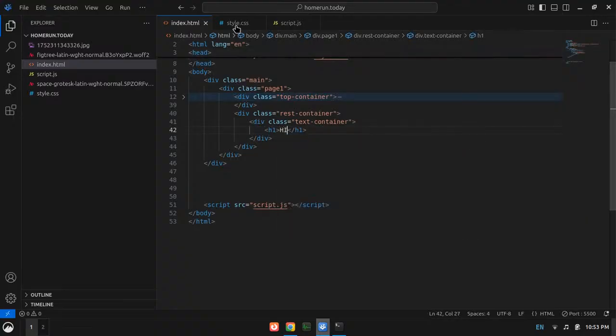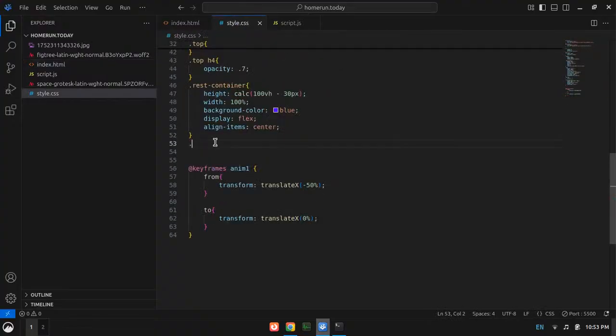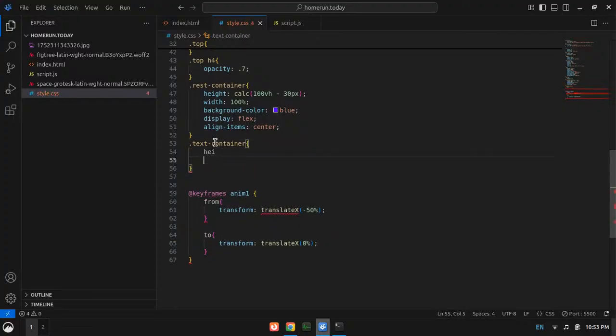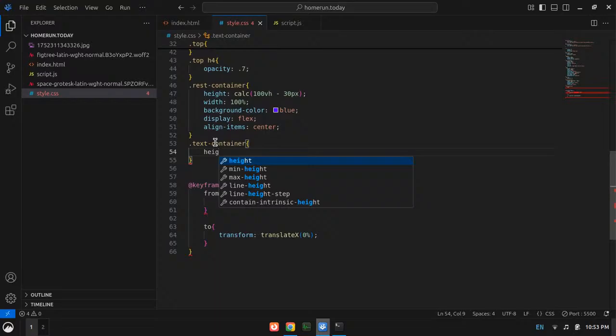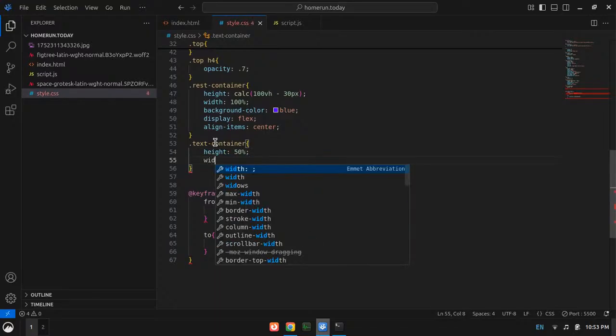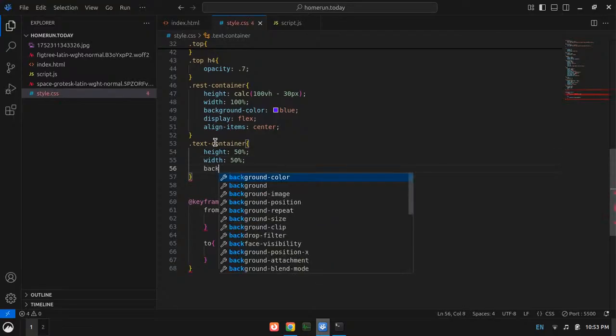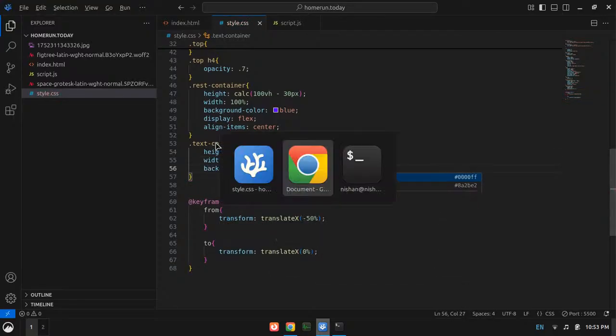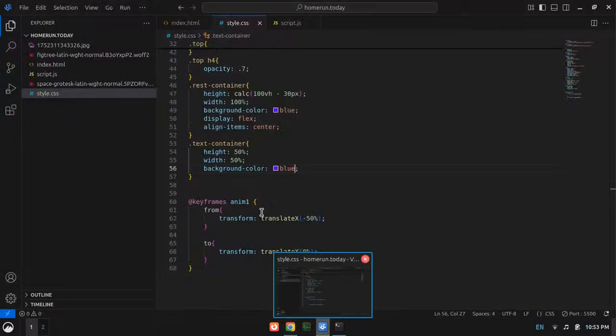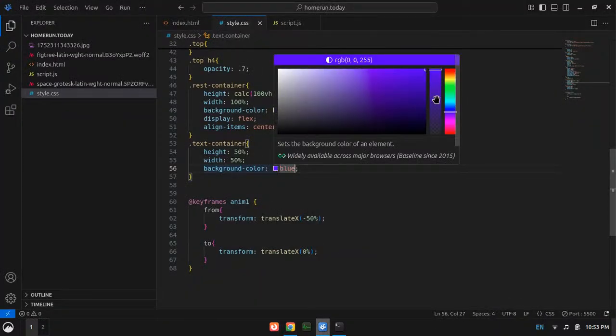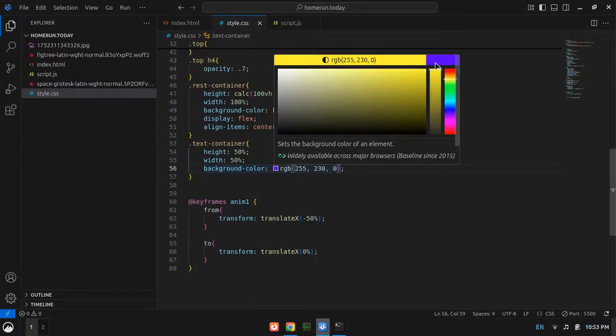Then the text container will have a height of, let's say, 50%, and a width of 50%, and background color blue. Okay, let's see. I don't need blue there, I need another color. I will say yellow.